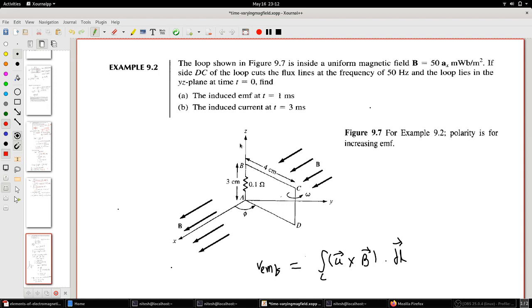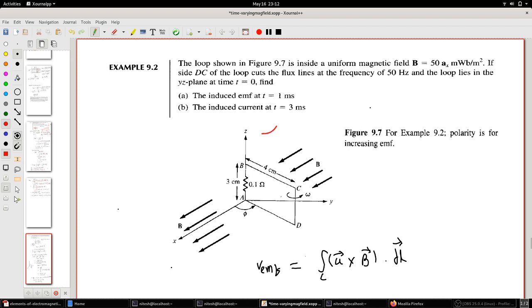Let's solve the second problem from Sadhika only. It's a solved problem, but the reason I'm solving this is so that at least the conventions become clearer. Okay, so the loop shown in figure 9.7 here